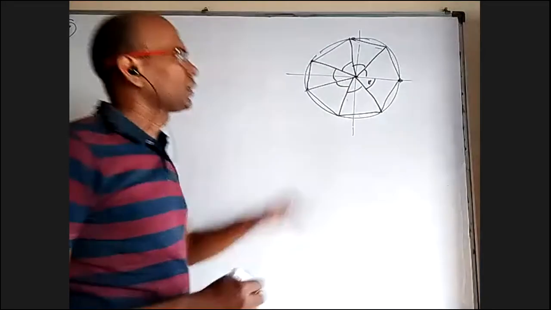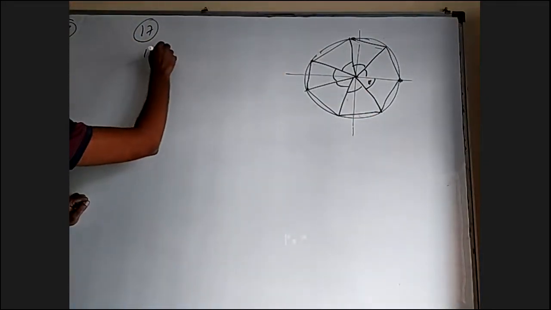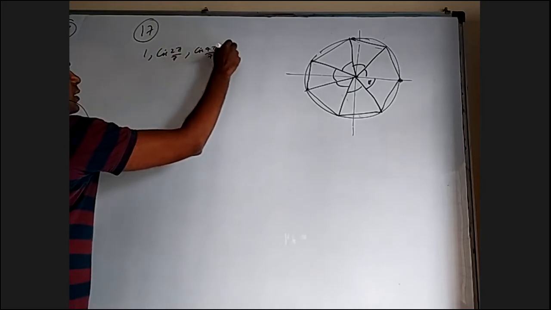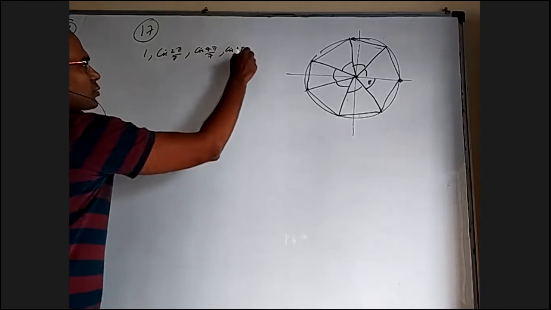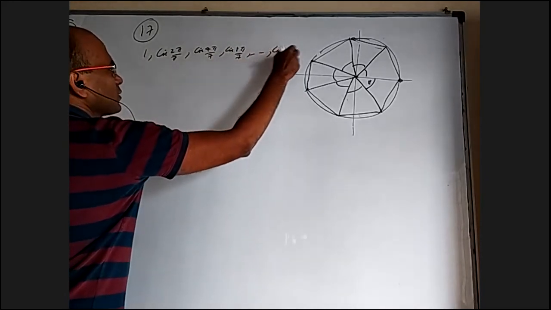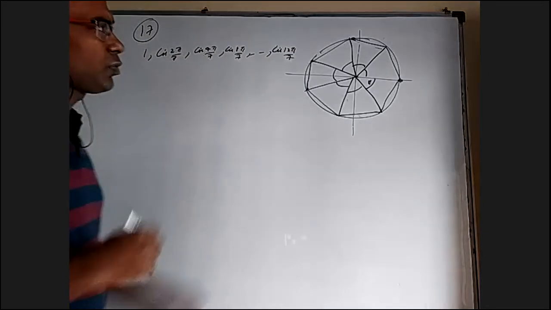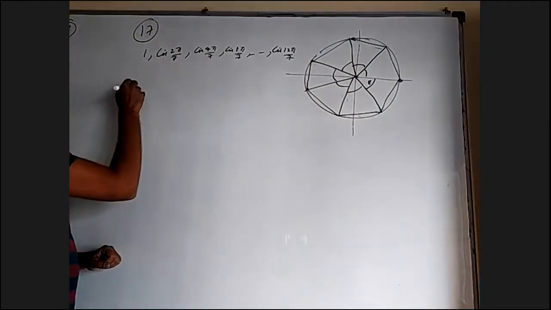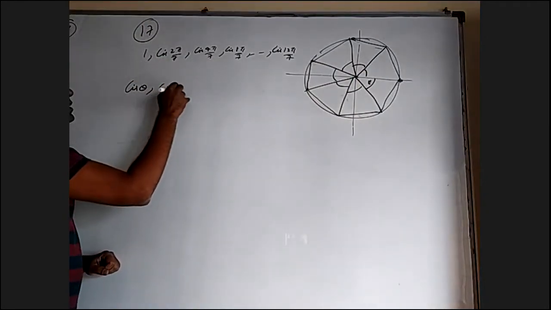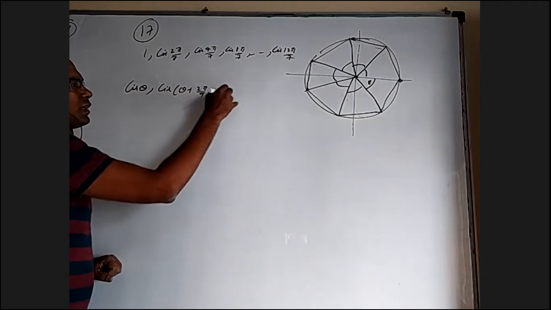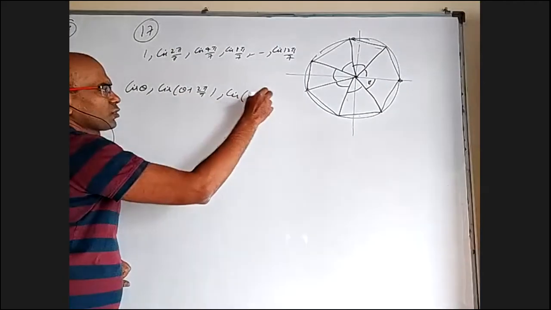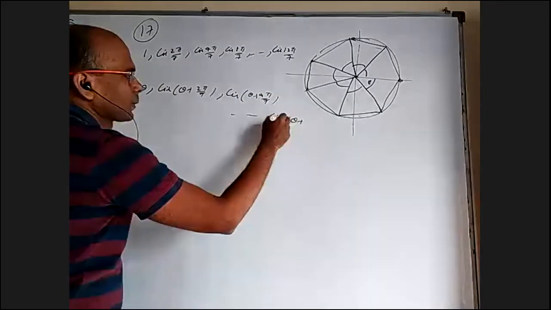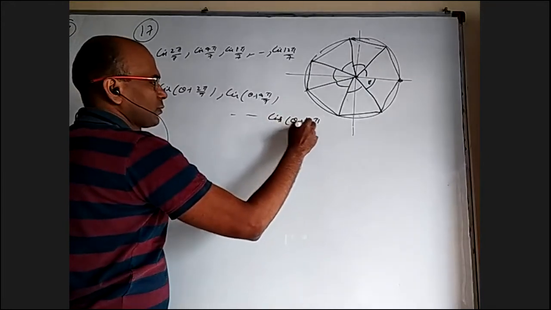There are 7 parts. So if you want to take the roots, they are 1, cis 2 pi by 7, cis 4 pi by 7, and cis 8 pi by 7, and so on up to cis 12 pi by 7. If you don't want to take this, you want to turn the whole thing by theta, then the initial one would have been cis theta. Next one would have been cis theta plus 2 pi by 7. Next one cis theta plus 4 pi by 7. So on up to cis theta plus 12 pi by 7.